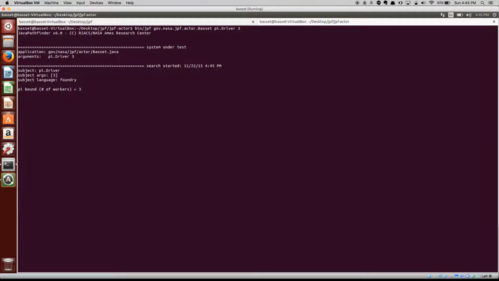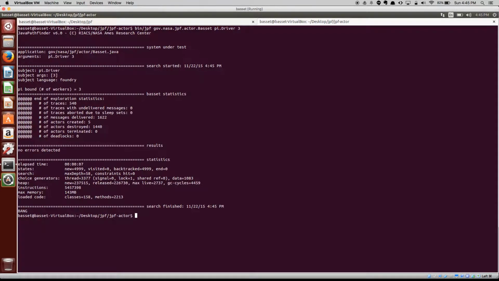It takes like 2-3 seconds, I guess. Okay, all right. So this is the output that the Basset program has generated. Let's interpret how this works. The system under test, we specified this as the fully qualified class name, and these were the arguments provided. So this was the driver, and we have three workers. So subject arguments is three. We are testing the